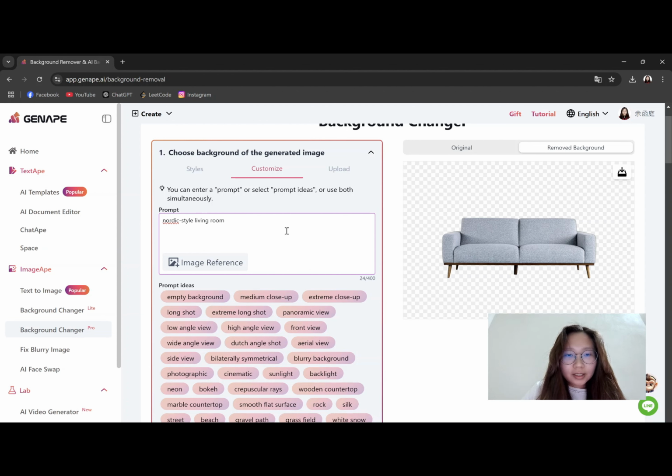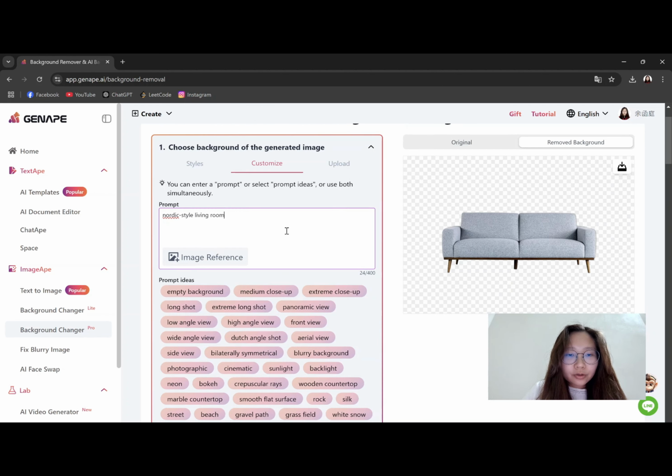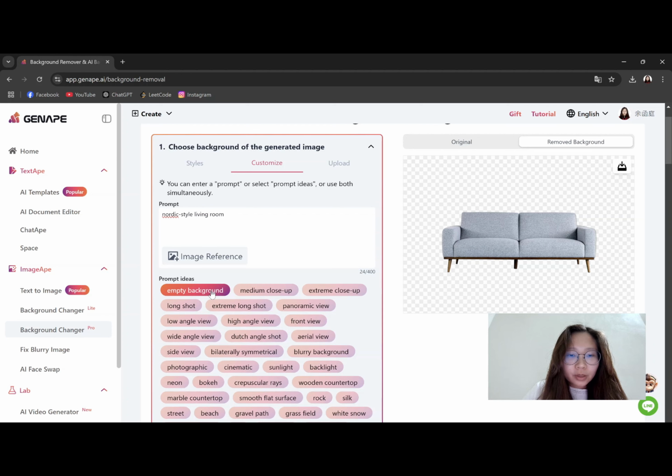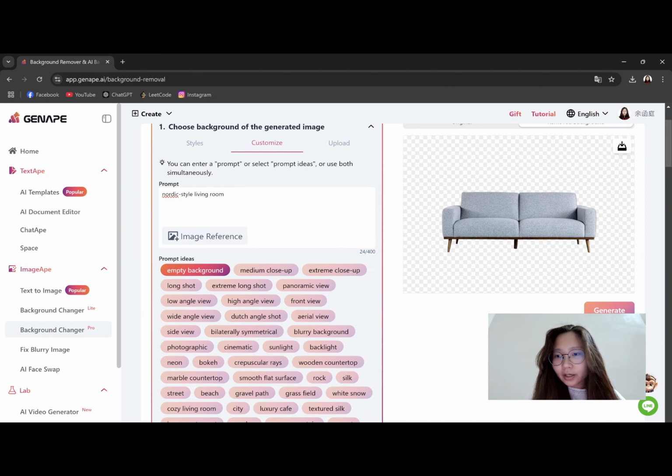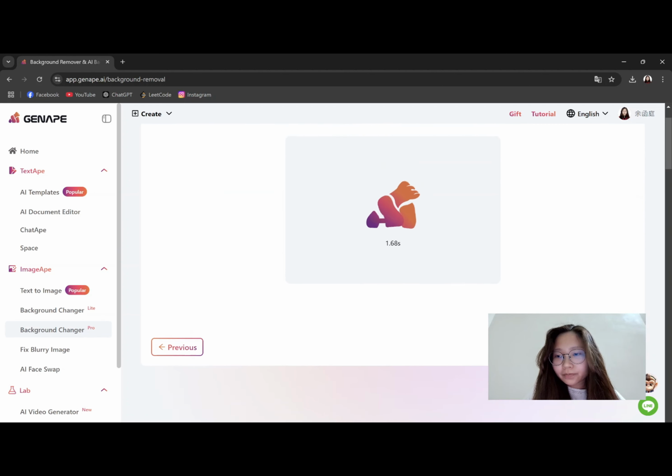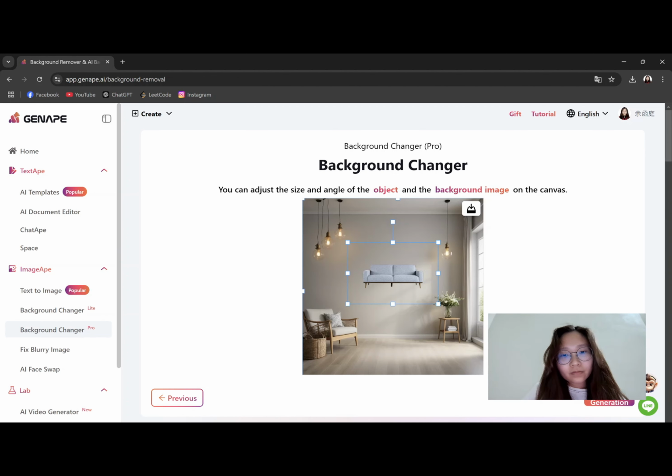And for prompt ideas, you can choose whatever you want, any relevant keyword that you want to add into your image, such as, maybe I would like to choose empty background. I hope my image could be simpler, and I press generate. Let's see. Okay, that's it. So for the Background Changer Pro, you can zoom in, zoom out, and place the sofa wherever you want. So maybe I put the sofa here,